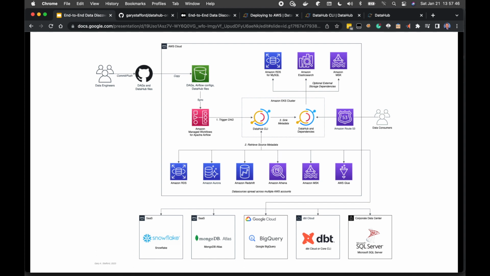Amazon Relational Database Service, or Amazon RDS. I've set up 3 Amazon RDS databases for this demonstration: Amazon RDS for PostgreSQL, Amazon RDS for MySQL, and Amazon RDS for Microsoft SQL Server. Other sources include Amazon Aurora PostgreSQL and Amazon Redshift Serverless, the cloud data warehouse offering from AWS. I've created both a provisioned Amazon Redshift cluster as well as an Amazon Redshift Serverless endpoint, which is a new